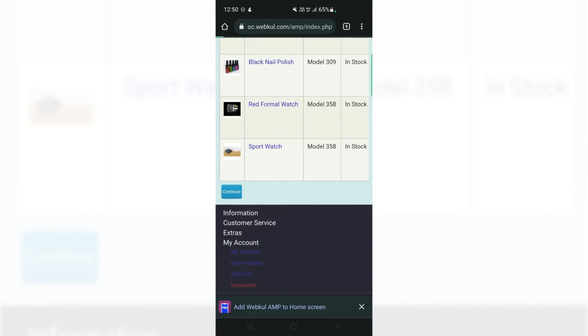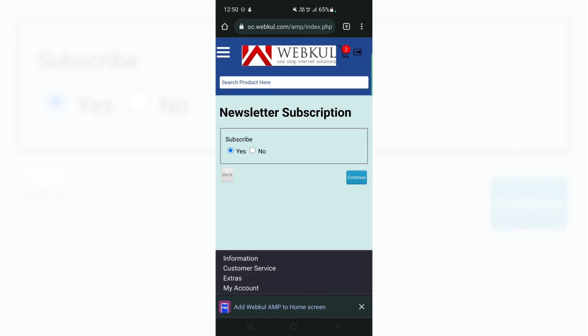Then we have the newsletter section. So the newsletter section is also AMP enabled, as you can see right now. So on and so forth. So using the OC AMP plugin, we have basically implemented the AMP for the home page, category page, product page,